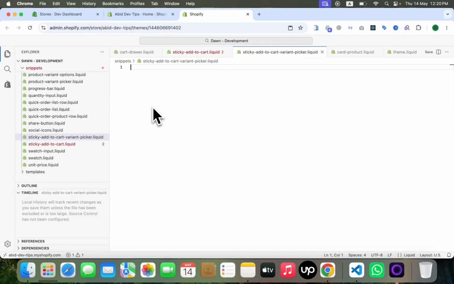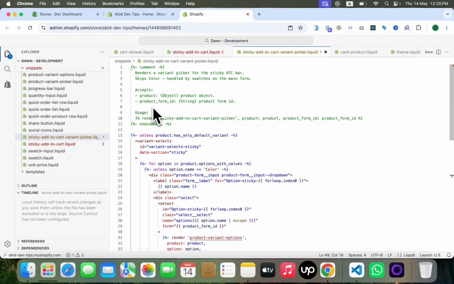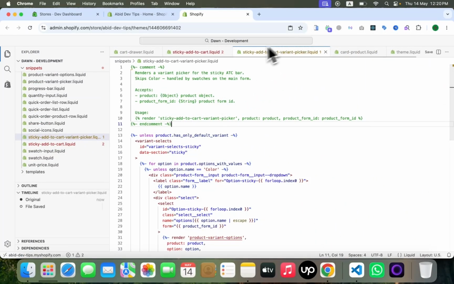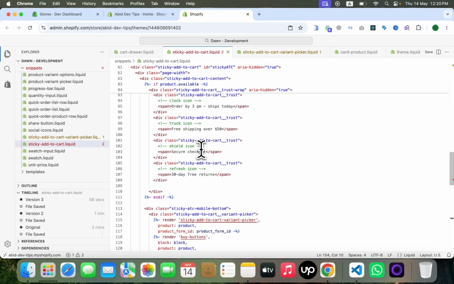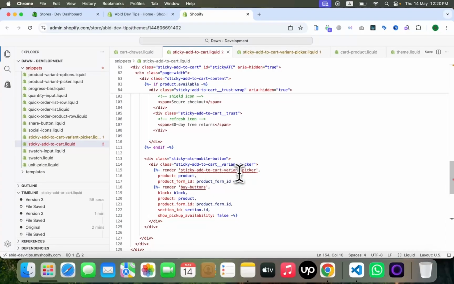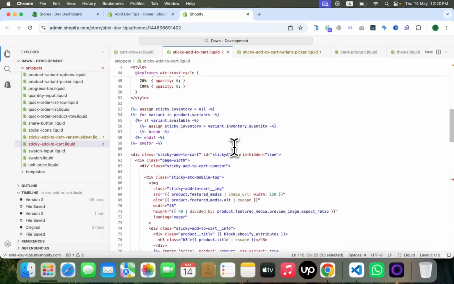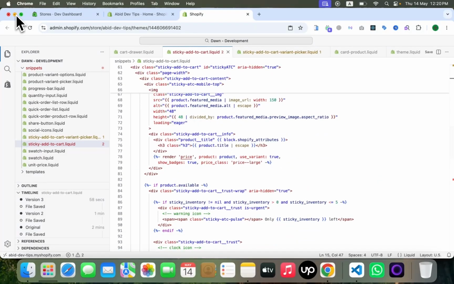Press enter and paste this code. Basically it is rendered here. This snippet, I will explain all the code step by step later in this video.